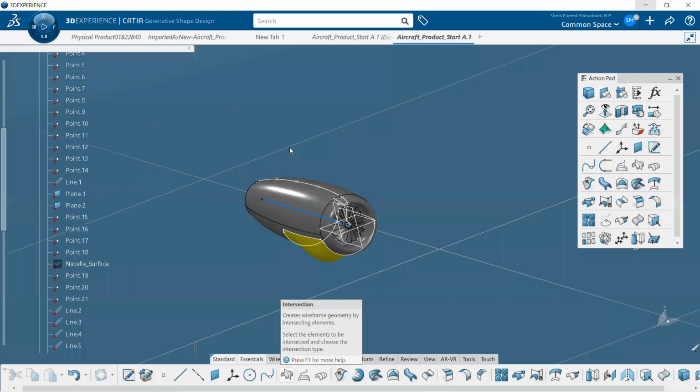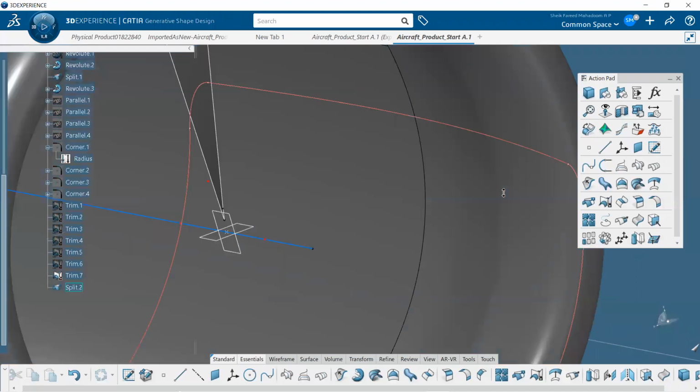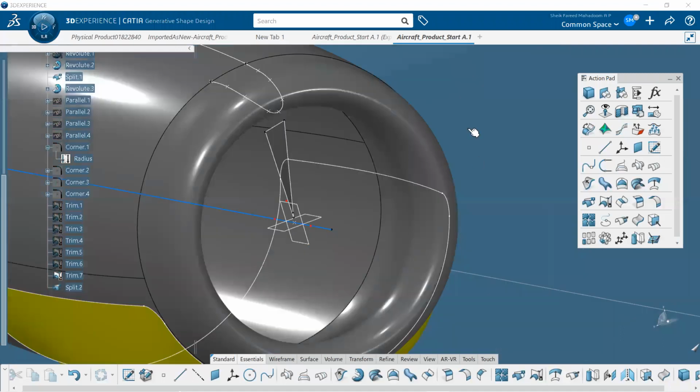I just unhid the blade profile from the hidden side. I'm having one blade and I'm going to use this one profile to create multiple blades.